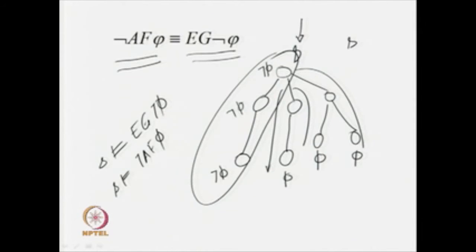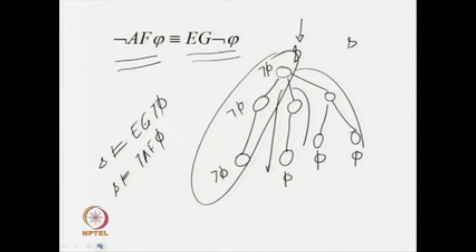You just see that path quantifier A, which is a universal quantifier, becomes the existential quantifier across paths, and the existential quantifier among states in a path becomes the universal quantifier along that particular path. So, they are dual of each other. So, in this case I am going to say that these two formulas are equivalent. So, this is the first equivalent formula that we are discussing.